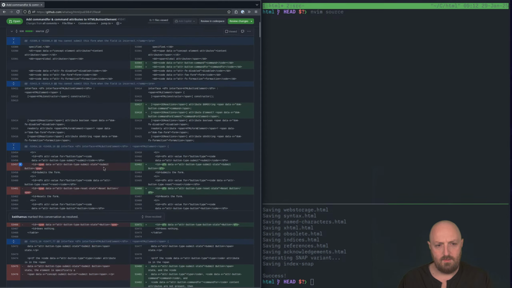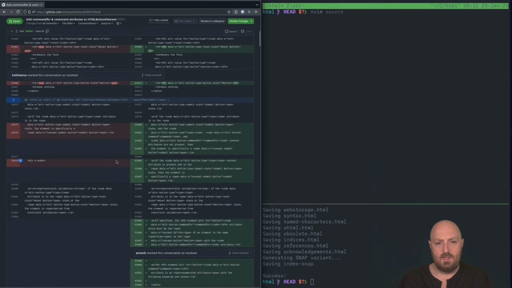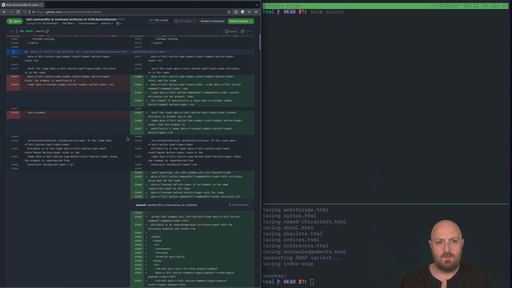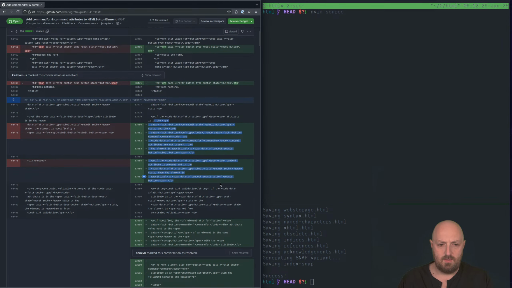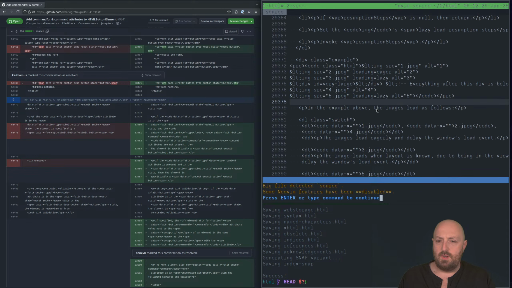There's a couple of things that I think we can easily lift out of this. So one of them is this work around buttons. So if we look at a button,